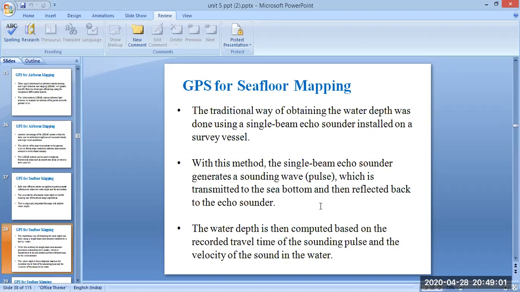The water depth is then computed based on the recorded travel time of the sounding pulse and the velocity of sound in the water. So by recording the travel time of the pulse and the velocity of sound, we can calculate the depth of the water. This is the traditional way used for measuring the water depth.